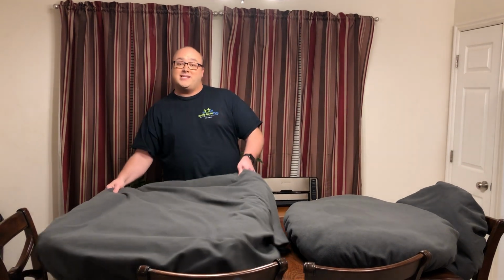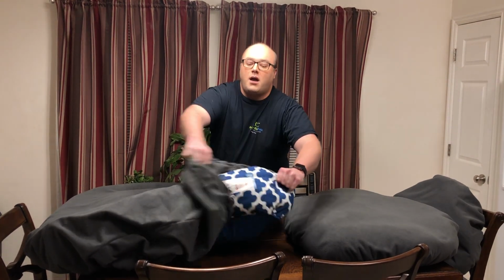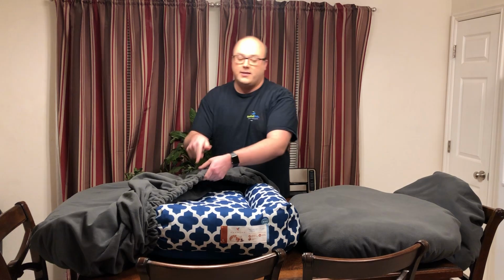Today I'm going to show you a little bit of a walkthrough on sizing. This right here is the large. It is 72 inches in diameter, so it actually gets quite large. This is on a dog bed that I would say a golden retriever, Great Dane, that size of dog bed would be able to be on. This particular bed though, I would say golden retriever, lab, that type of dog would fit great on this dog bed. This is the large, comes across, and as you can see, the reason why in the sizing we have you